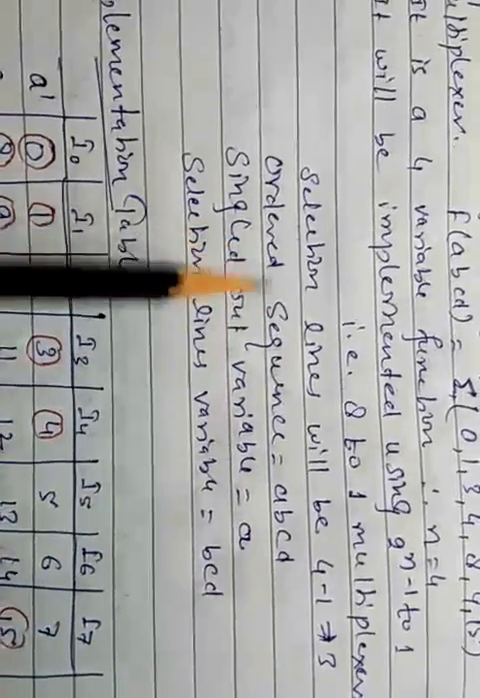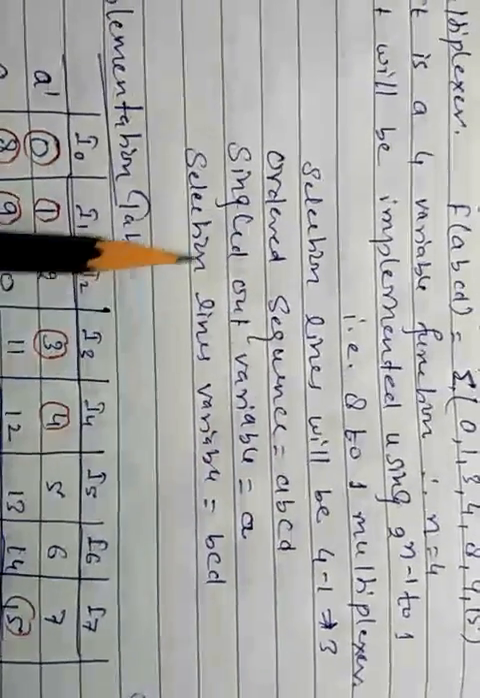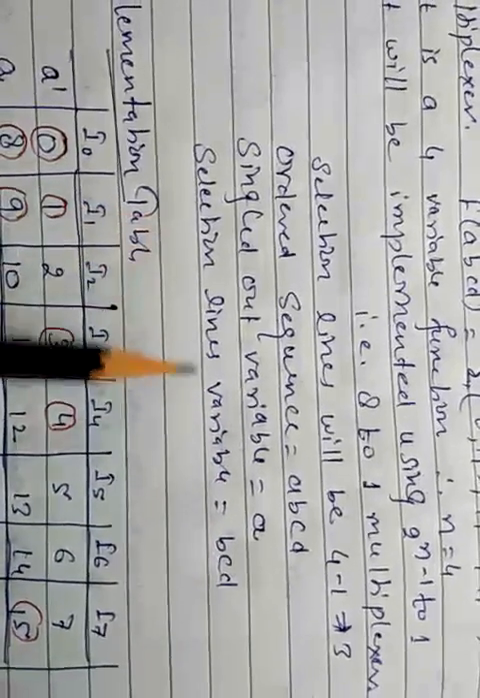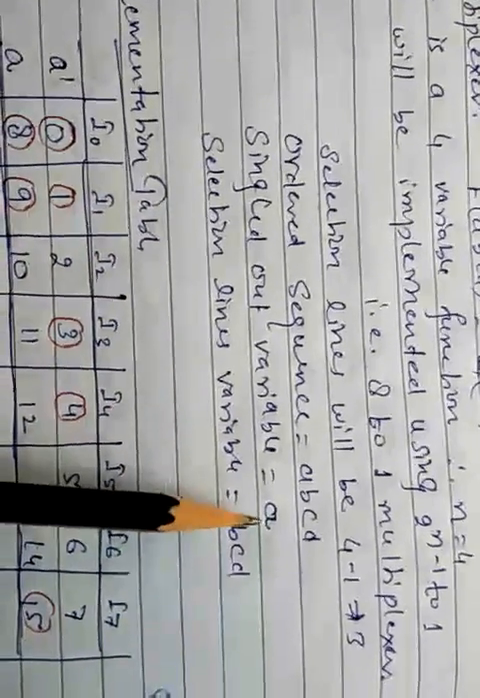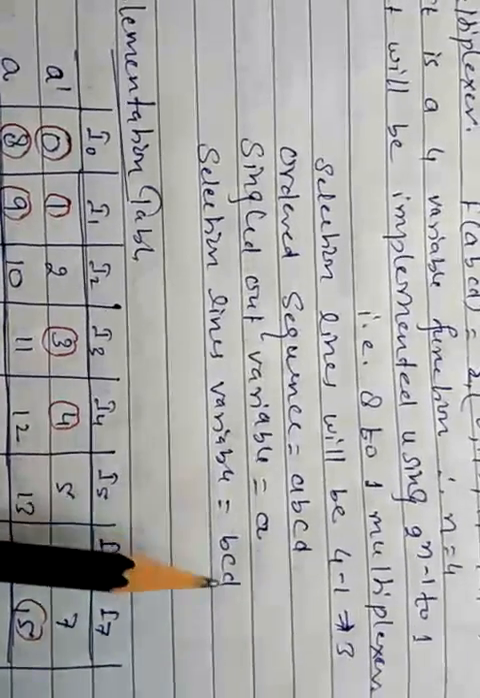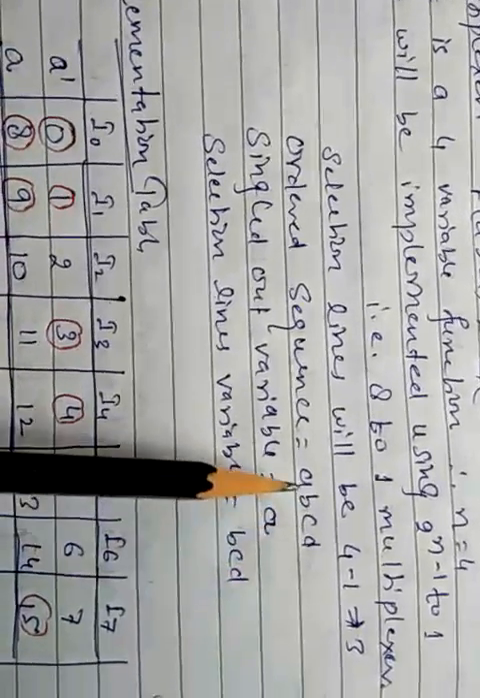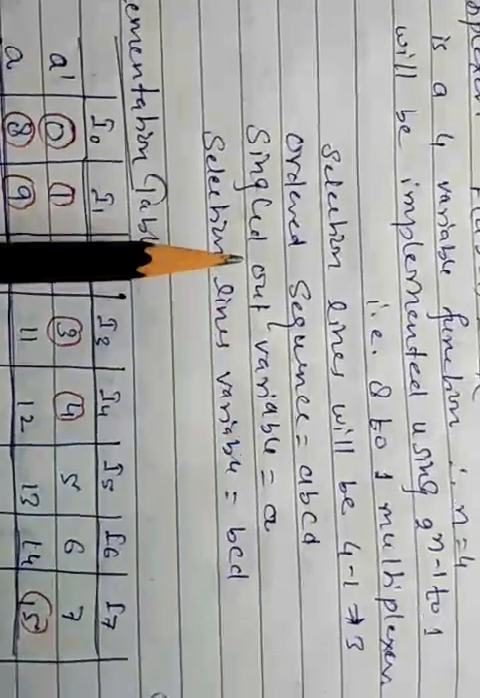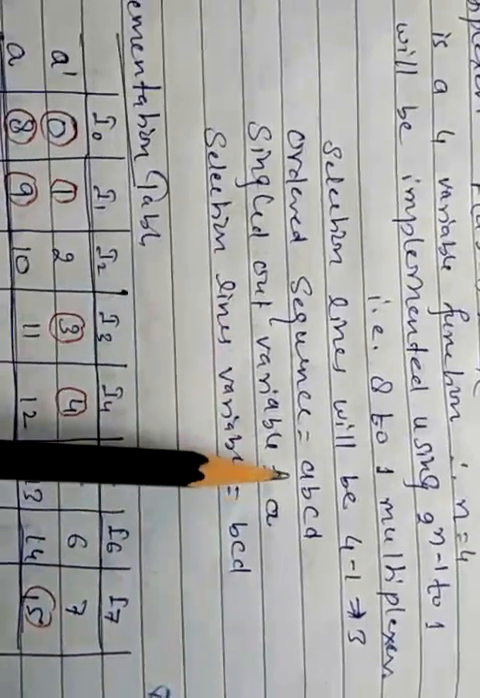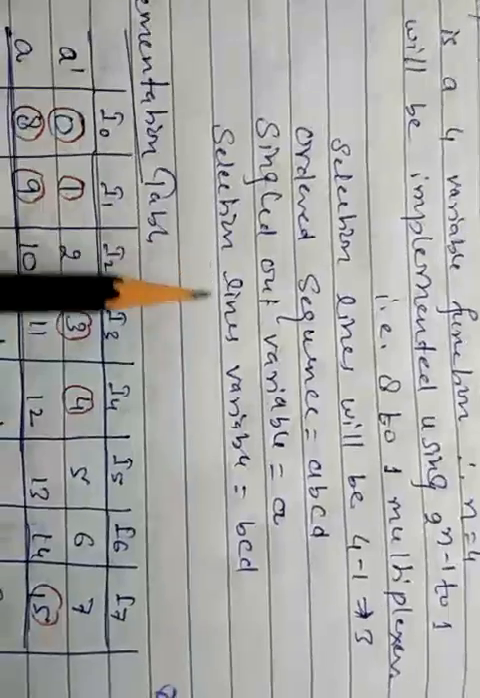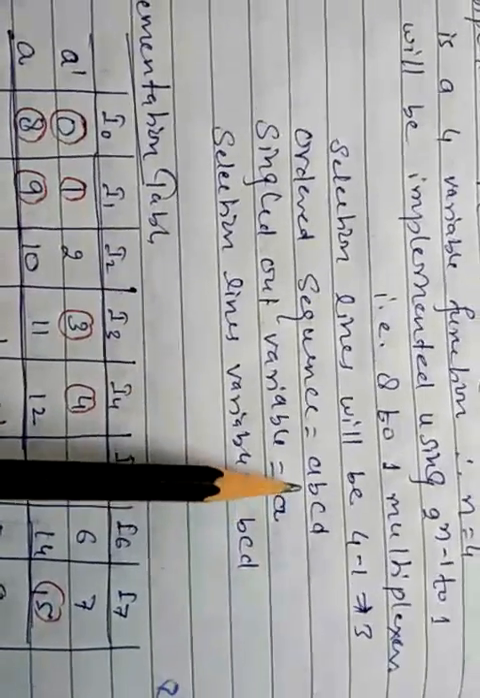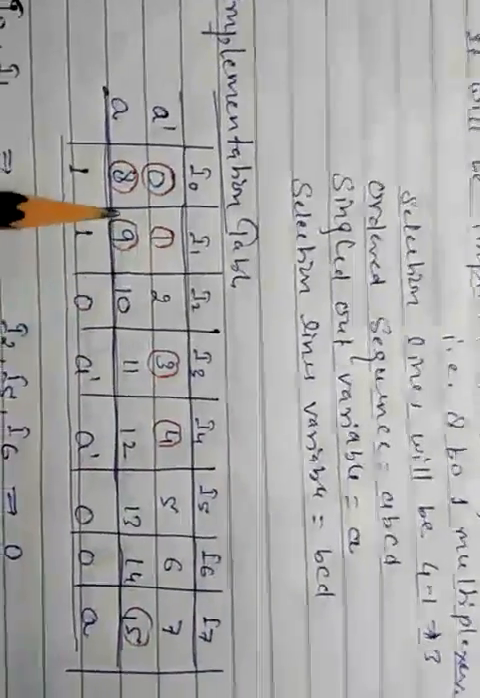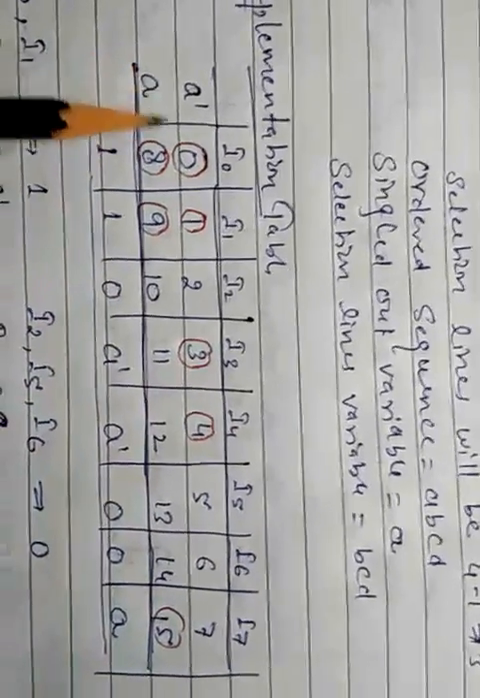The ordered sequence of variables is ABCD. The singled out variable we will take is A, and for the selection line variables we will use the remaining variables B, C, D. So the total variables are ABCD. In the function, one variable will be singled out from the left hand side and the rest will be the selection lines from the right hand side. So now the implementation table of this multiplexer is,